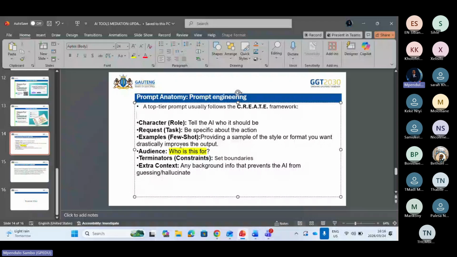Also, you give the prompt some examples. For example, providing a sample of the style or format you want drastically improves the output from that particular lesson. The other one, which is the A,